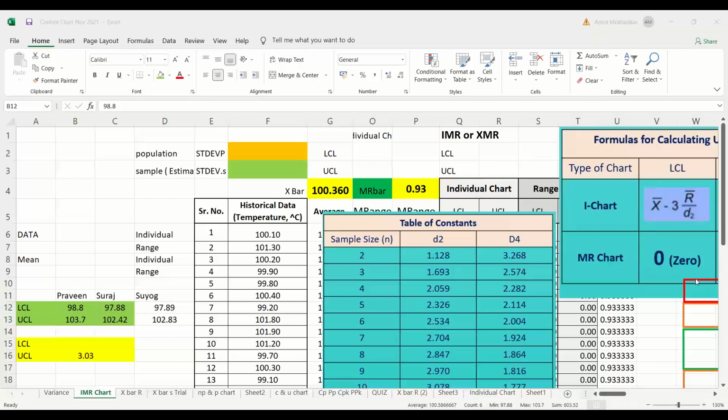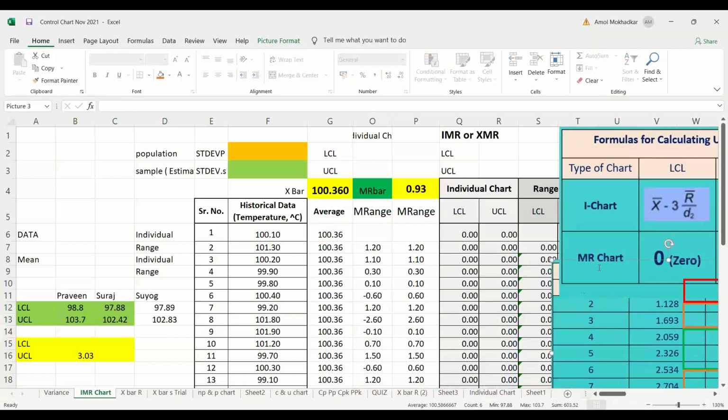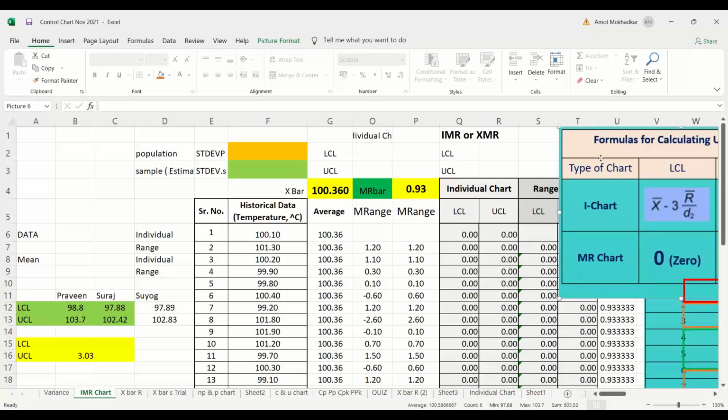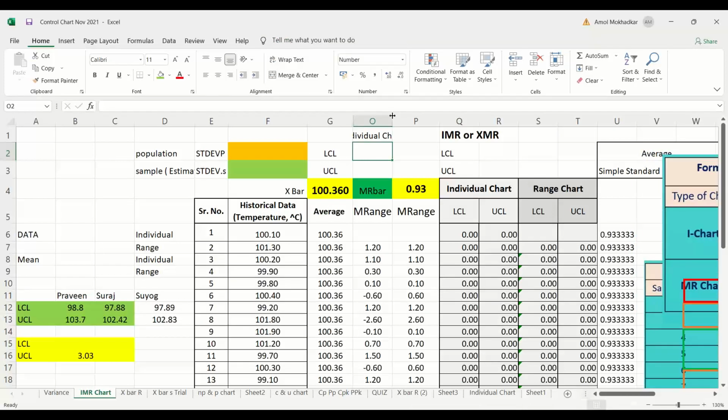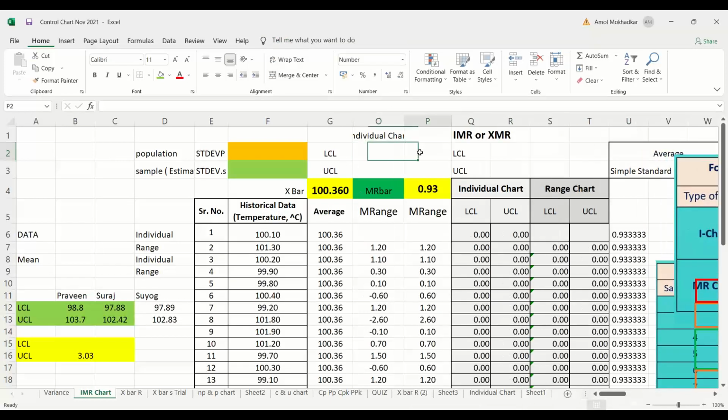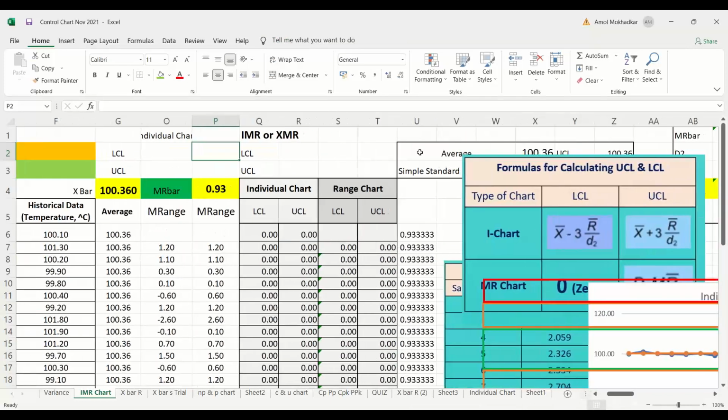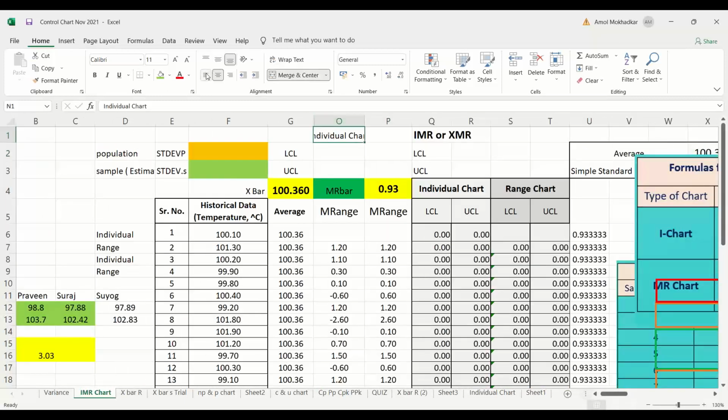We start calculating on the Excel sheet now. Please focus on the Excel sheet, everybody. We are starting to calculate and plot the data. Basically, you need to calculate the R bar and R bar by D2. For individual charts, I will calculate the LCL and UCL here. LCL will be X bar, that is 100.36, minus 3 into R bar by D2.